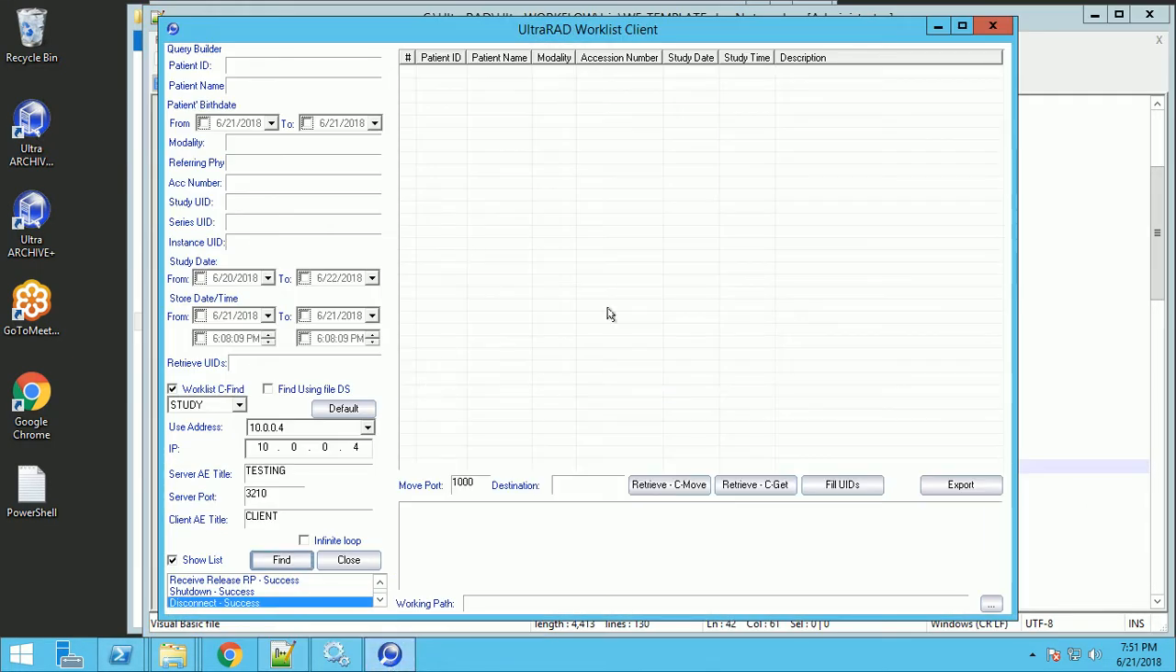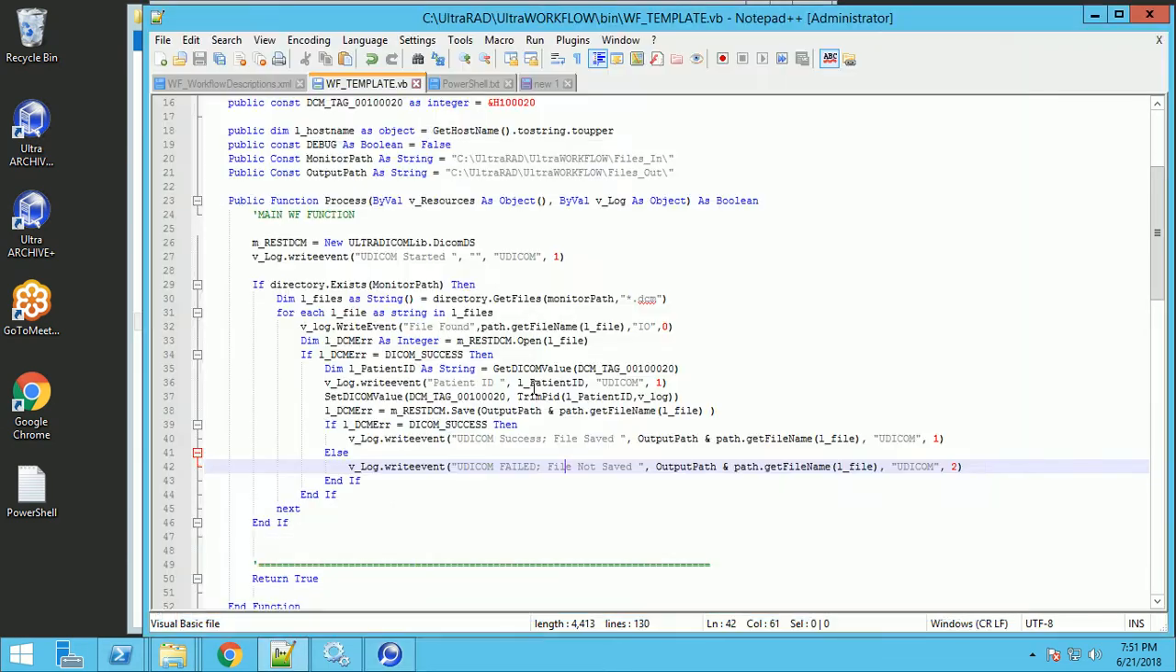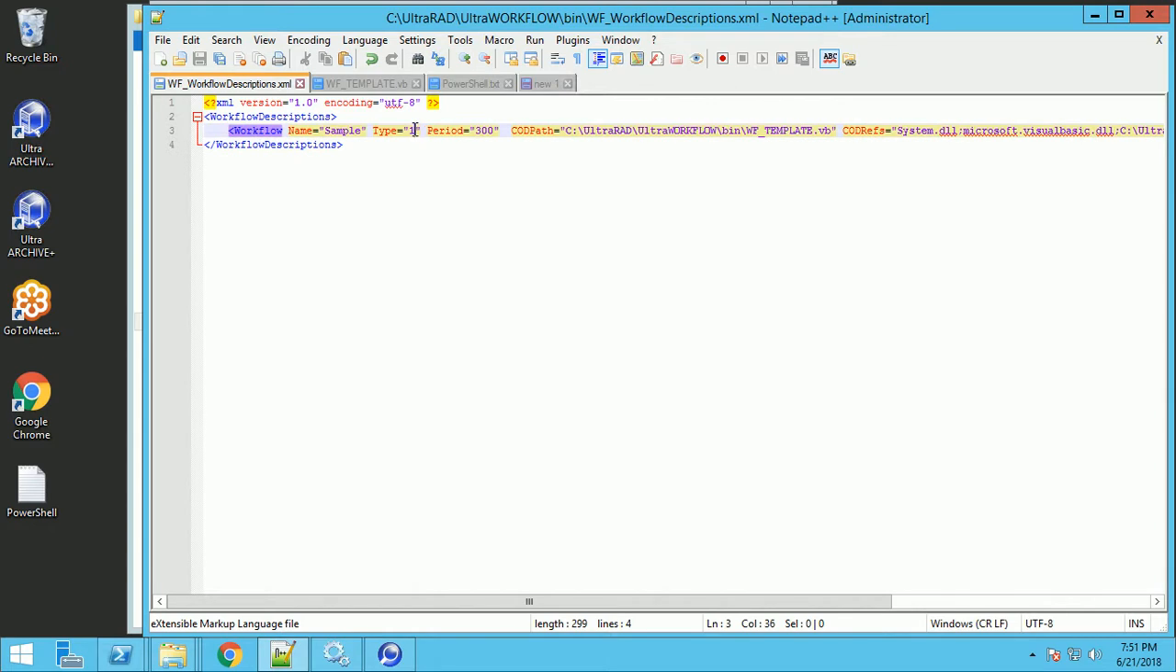You can see I've got Ultra Worklist client in here. You're probably wondering why I did that. In workflow descriptions, if you change your workflow description to a 2, then this workflow script will only run when called by Ultra